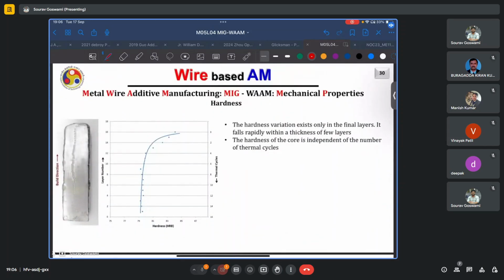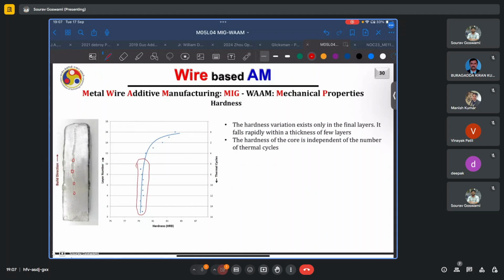Now, another facet of anisotropy that we observe is in terms of the mechanical properties, the most easily measurable of which is the hardness. So here is the trend of variation of hardness across the build layers, and we see these indents over here. The researcher has taken a series of indents at what appears to be uniform distances along the build height, and then plotted those hardness values and found that in the initial few layers, say up to 10 layers or so,